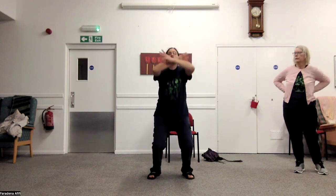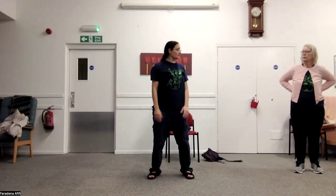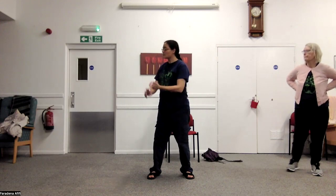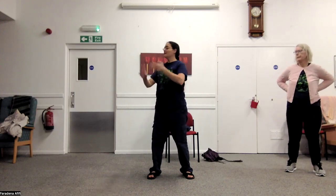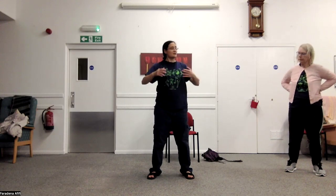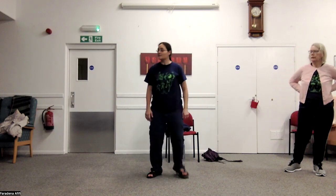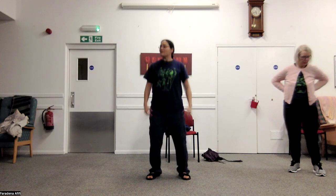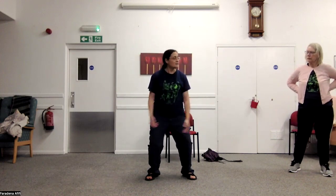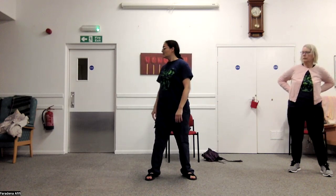Up. Slowly. If anything, slowly is harder, because you want to make it smooth, slow, soft, and smooth. And also, if you've got postural hypertension, get your blood going and do it smaller and check that you're not losing all your